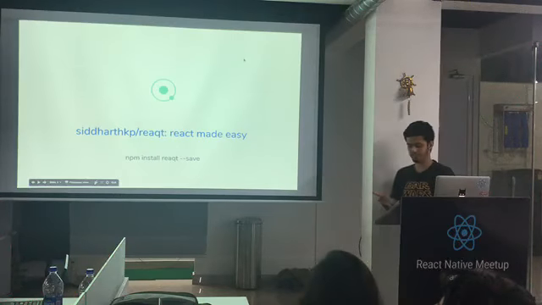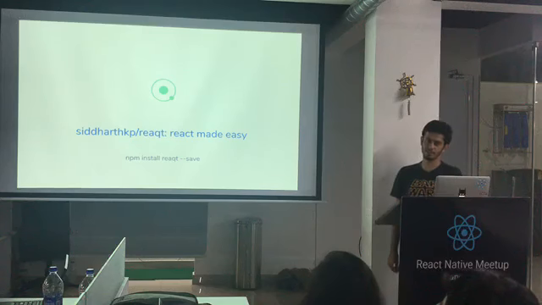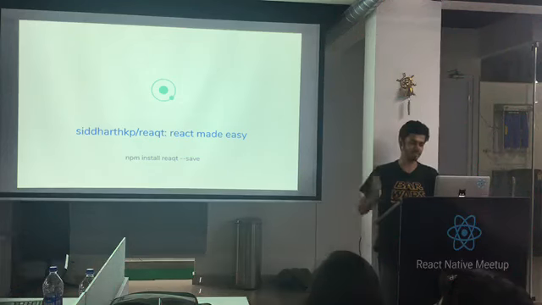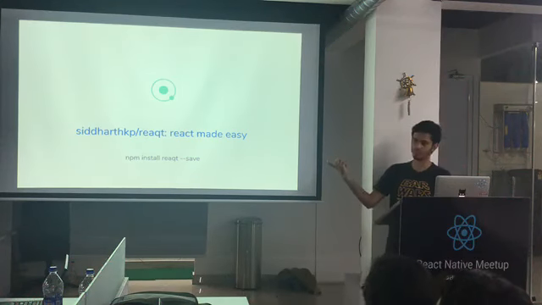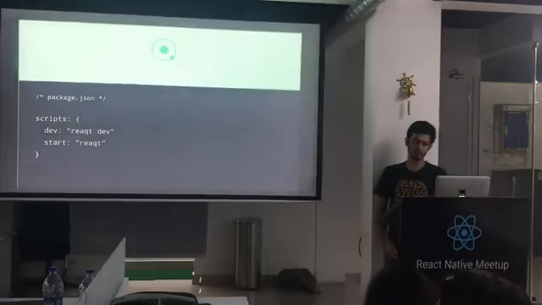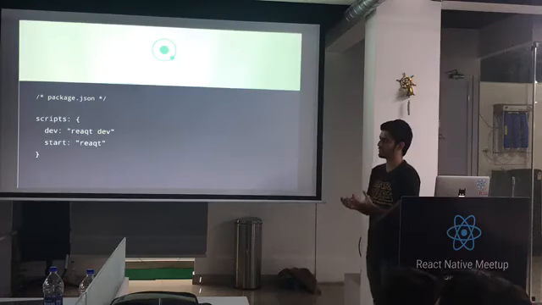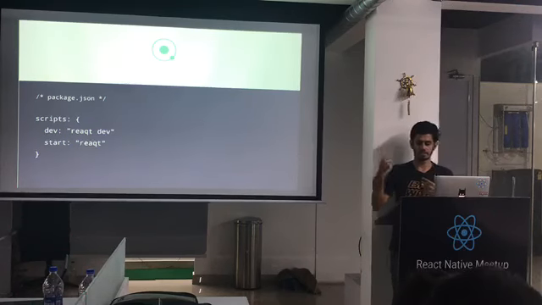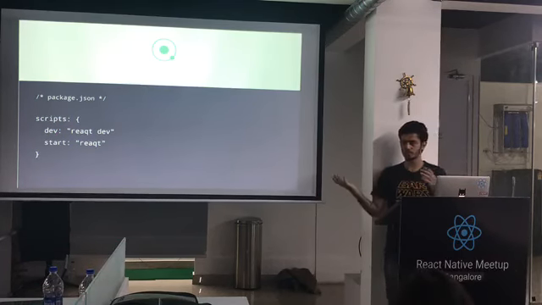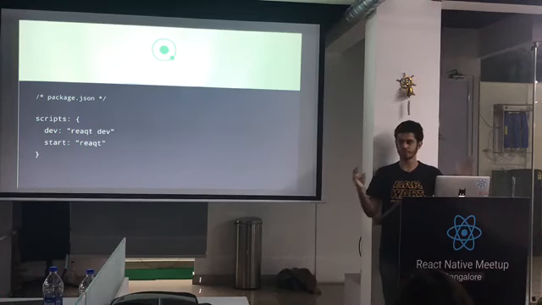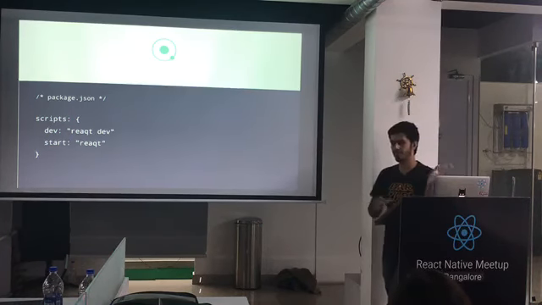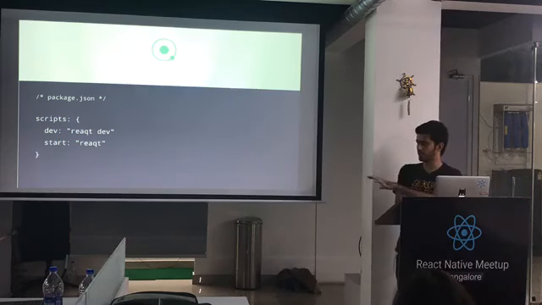And so, just a shameless plug, because why else am I here? This was made with something I call React with a Q. It's a horrible name to say because you can't differentiate, but it looks good in text, so I'm sorry. You install it by saying npm install react --save, and what it gives you is one script called react, which you put in dev and start. When you say react dev, it bundles up things like I just showed you, and it gives you a hot module reload environment. So you change your text, it renders on your browser. So, good developer experience. And when you're ready to take it to production, you just pull your code on the server and say react start. It will bundle the production environment, minify, amplify, all of that performance stuff, and start a server over there.